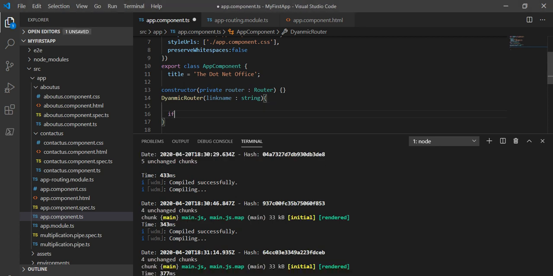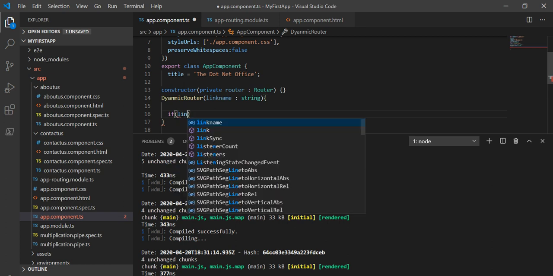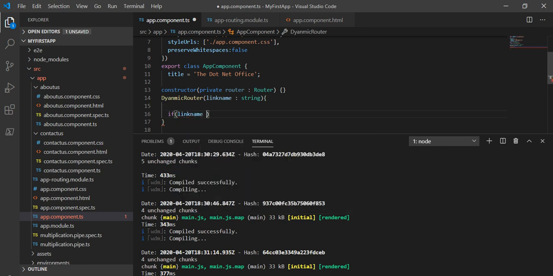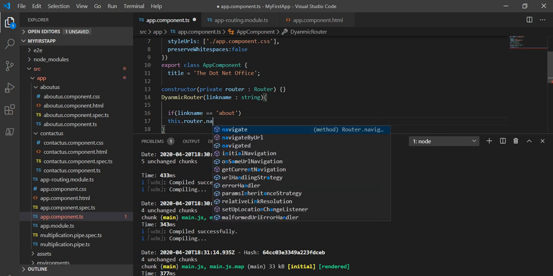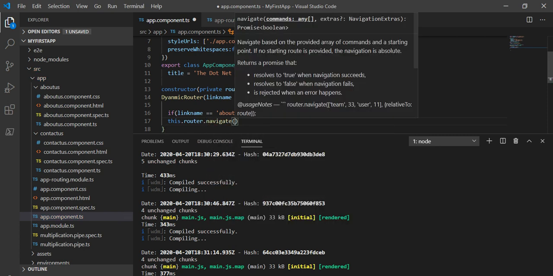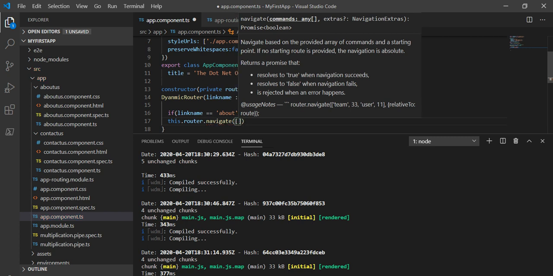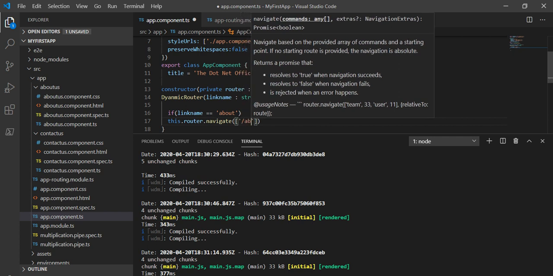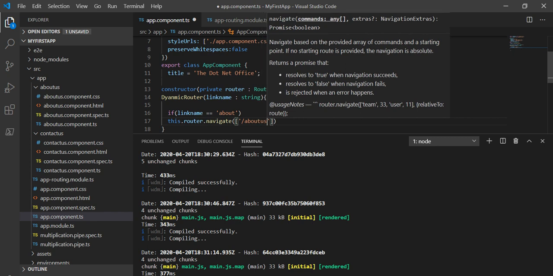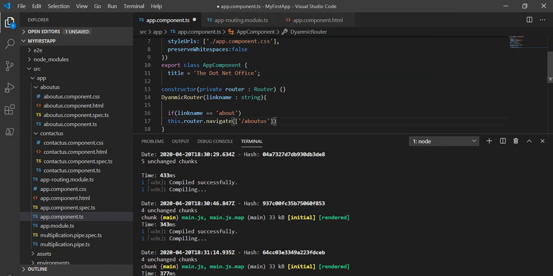I will write if this link name equals about, then I will call this.router.navigate, and in this I will call that specific component, about us, and give the semicolon.